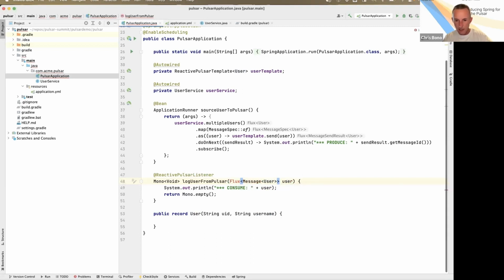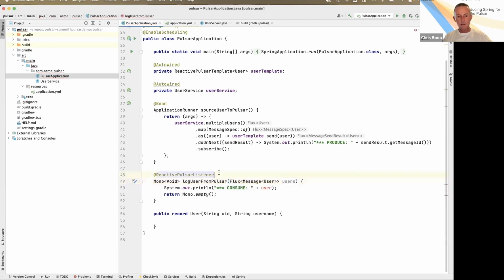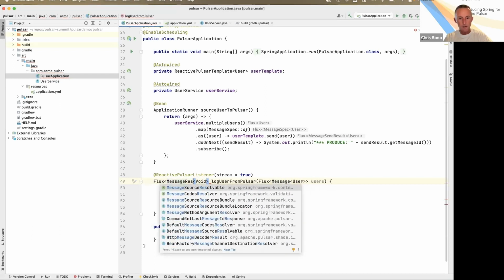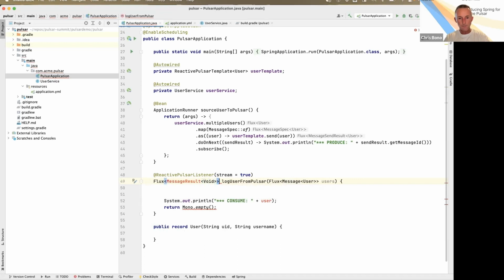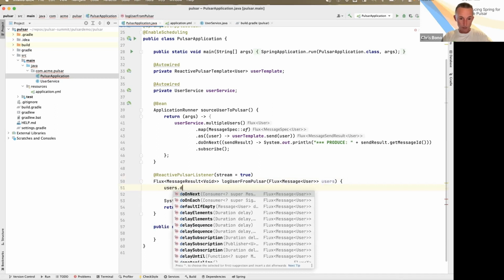This is a wrapper around that. Let's call this users. Let's make sure we turn on stream true. That's what makes this thing happen. And what changes here is that we'll say, okay, now let's do, and this will return a flux of message results. These are MessageResult, MessageSpec. These are part of the reactive client. These are their constructs. Okay, so we'll take this users, and then we'll say for each one,